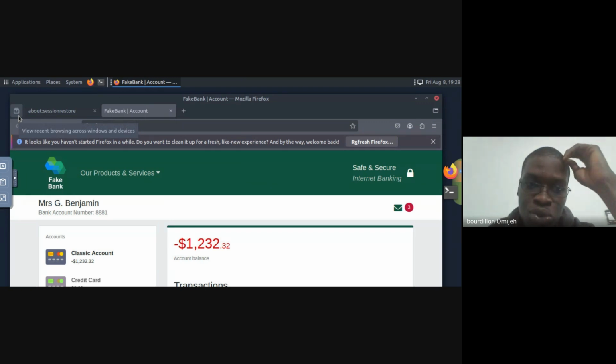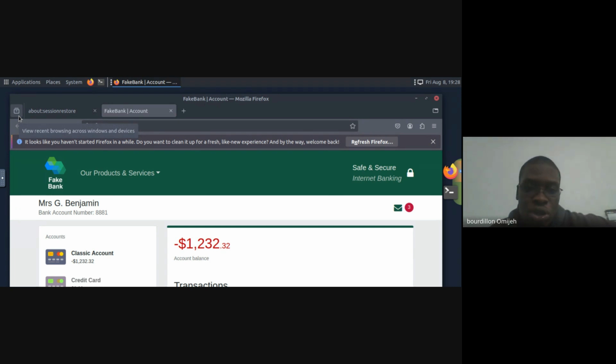The reason why most hackers don't use Google Chrome or Microsoft Edge is because Google and Microsoft are in the business of selling your personal information. They track their users using cookies. Many of you, when you enter a website, see that thing that says accept cookies, and many of you don't know what it means. You're like, what are these cookies they're talking about? But you just go ahead and click accept.